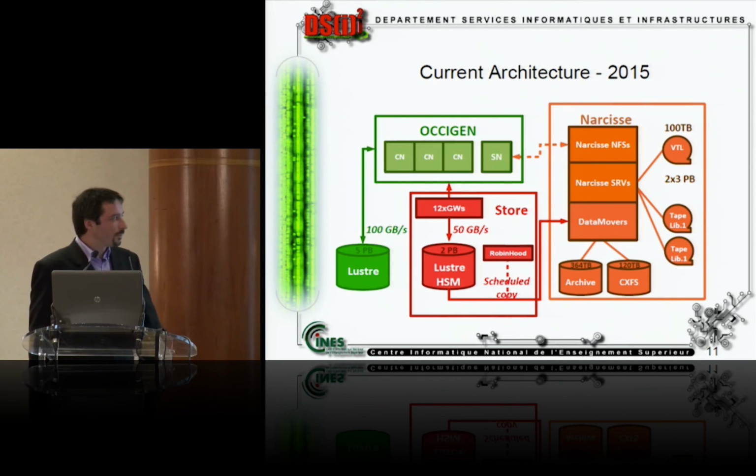Yes, we know. We started because some users made mistakes some weeks ago, so we had to restore files. And so we started to write scripts, but they are homemade scripts. So we are not very confident, as we would be with some integrated scripts or